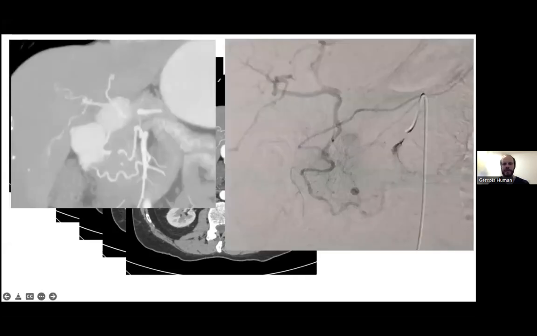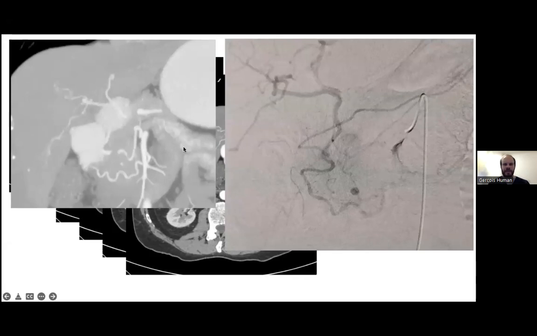This is a coronal image, and there we can see that small little dot situated there. It's not a vessel, it's something on its own. The patient had an angiogram. The catheter is now situated in the celiac and the SMA, the superior mesenteric artery, and then just to correlate it with the CT,